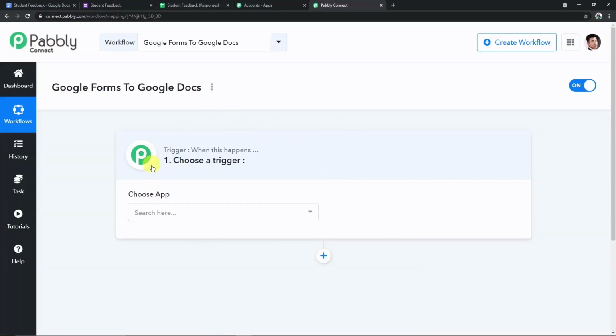After clicking on create, the window will appear. This window is known as trigger window. You might be thinking, what is this trigger or trigger window? So let me tell you, automation works on the concept of actions and triggers. Trigger is basically when this happens. Suppose in this use case, whenever a new response is added, that will be the trigger. And action, do this. That means add the data to Google Docs. That will be our action. So that will be our further part.